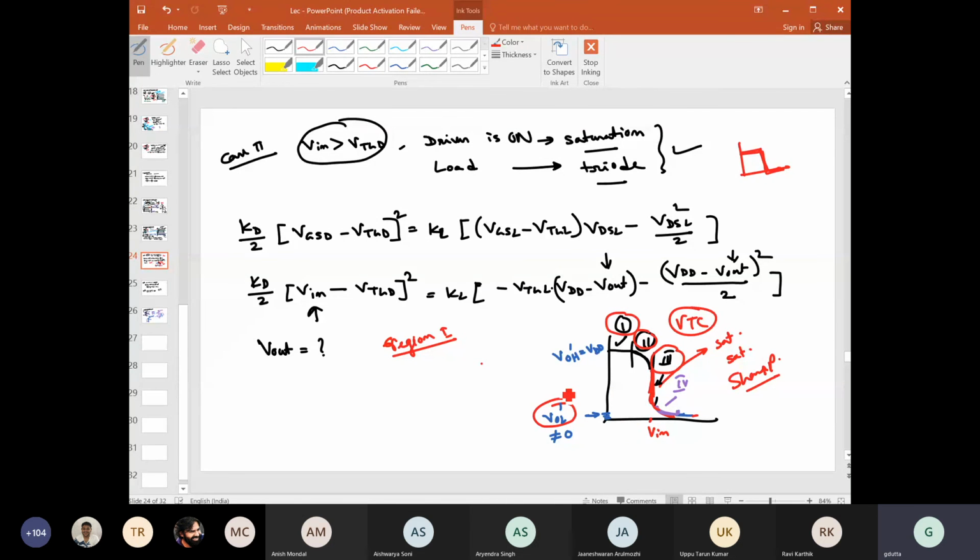But intentionally we have not done that, because if we want to do that, then everything has to be multiplied with 1 plus lambda VDS as well, right? So that makes the total calculation a bit more difficult for hand calculation. So just for simplicity, we have omitted it. In any case, we will not consider the channel length modulation at all. Not like that. If it is explicitly written to consider channel length modulation, then only consider. If it is not written, then no need to consider.